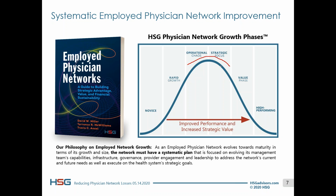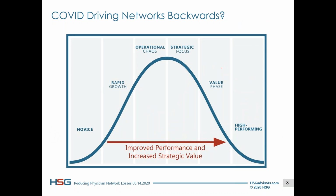and strategic focus. And to put some definitions to that, we really view the left side of our physician network growth phases curve as being how do we build our network, basically a rapid growth phase. This is for everyone on the phone who's involved with the physician network. Rapid growth phase is that period where we went from employing physicians because maybe a handful of practices approached us, or maybe we had a few providers who needed the security of employment, to we had a handful,